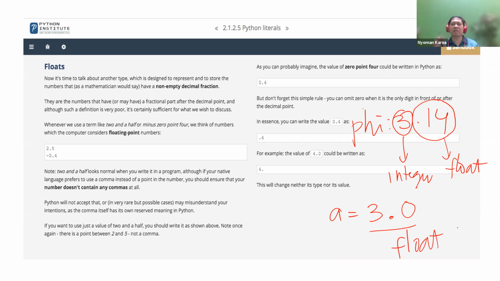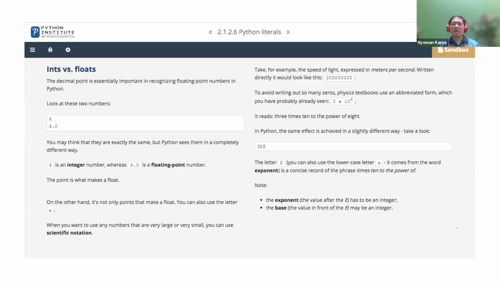Although the value is 3, it says 3.0, so it becomes a float. This is the difference between integer and float. If there is no dot or no comma in the Indonesian perspective, it will be an integer, but if there is a comma or dot, it will become a float.